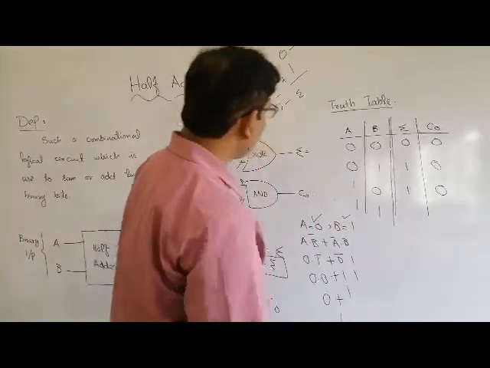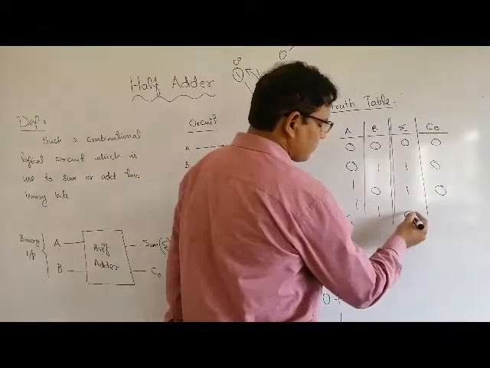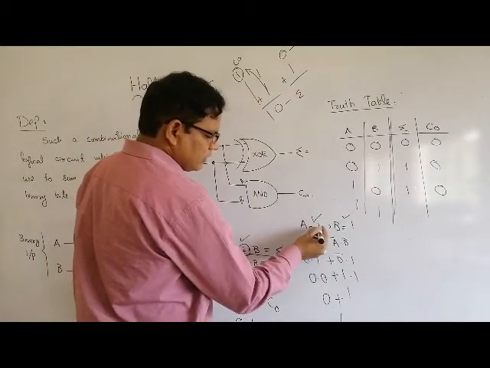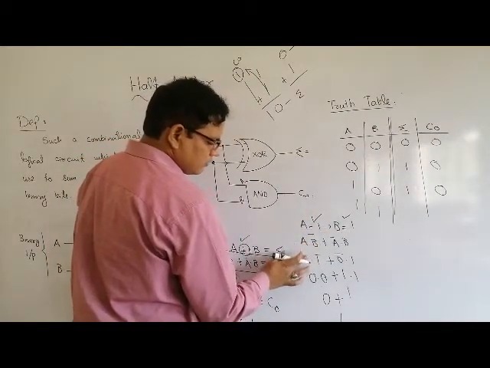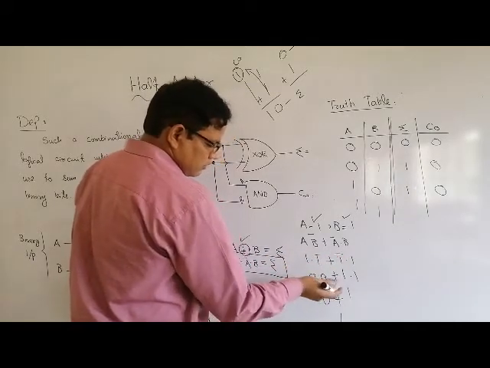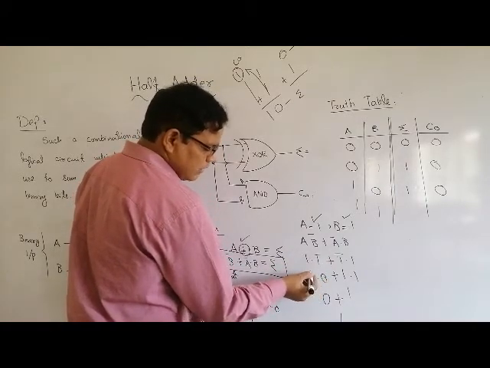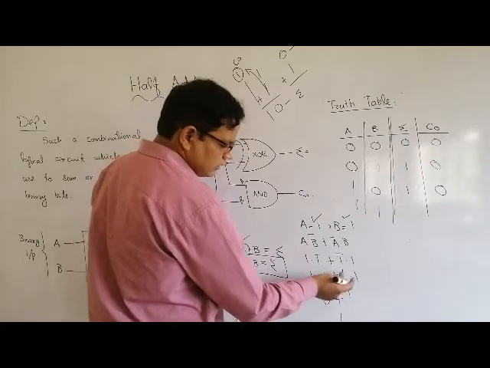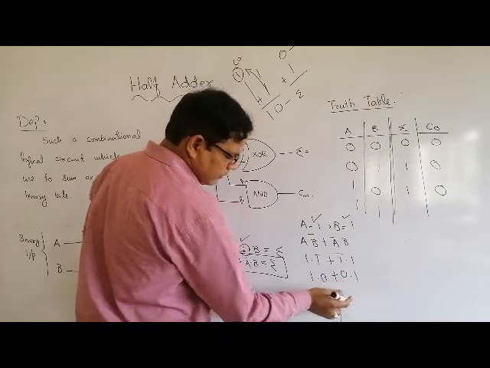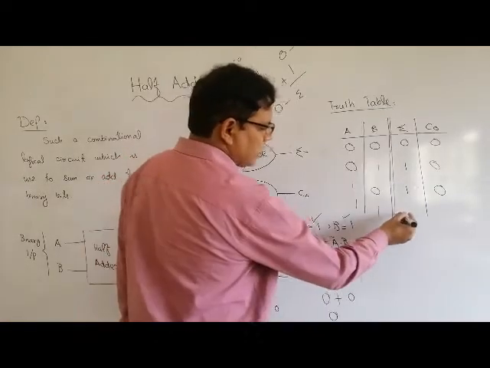Now 1 plus 1: the sum will become 0. I will design this once again, putting the values. A is 1 and B is also 1. Both the values become 1, 1. What will happen over here? 1 will become 0 and the other 1 is already 1. Both values: 0 multiplied by 1 is 0, 0 multiplied by 1 is 0, and 0 plus 0 is also 0. Right over here I have a 0.